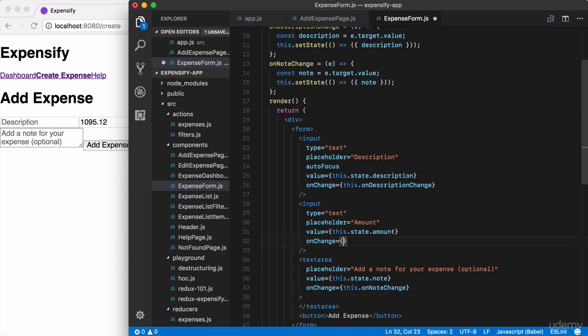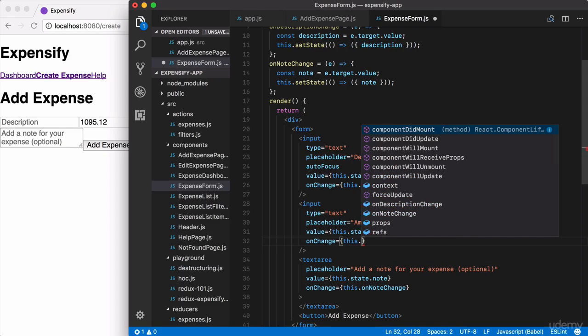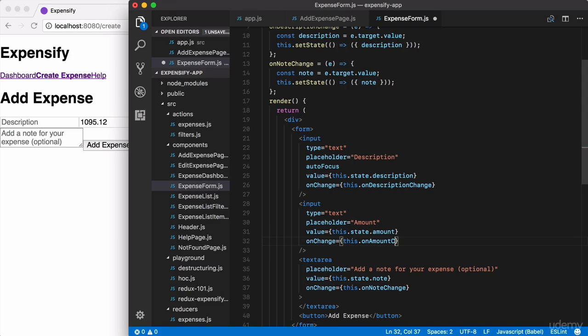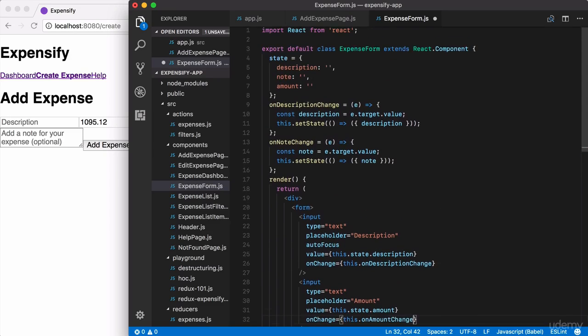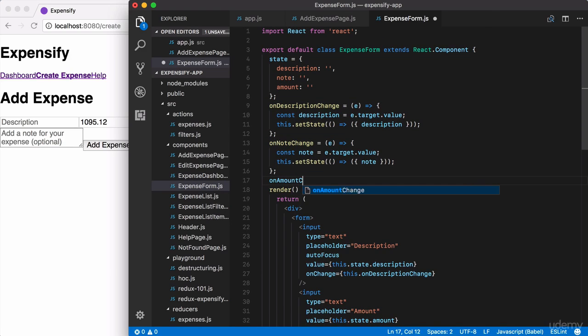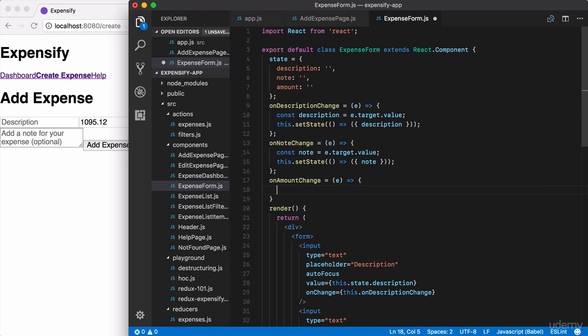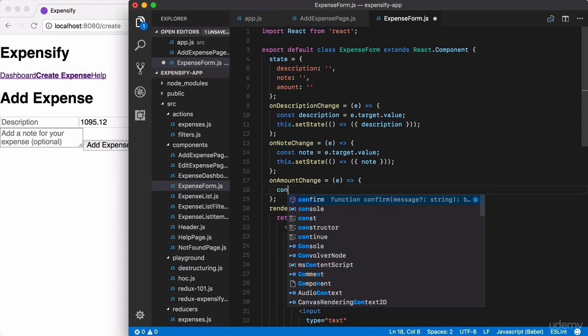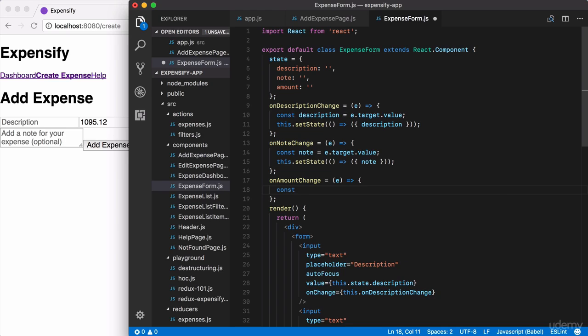The functionality in there is just going to be slightly different though. So this dot, we can pick anything we like. I'm going to go ahead and use onAmountChange, and now we can define it. So right here, in onAmountChange, what are we going to do? We're going to grab the event, we're going to pull the value off of it, and we're not going to blindly set it. We're going to look at that value and add a little bit of conditional logic. So const, we're going to call this one amount and get it from